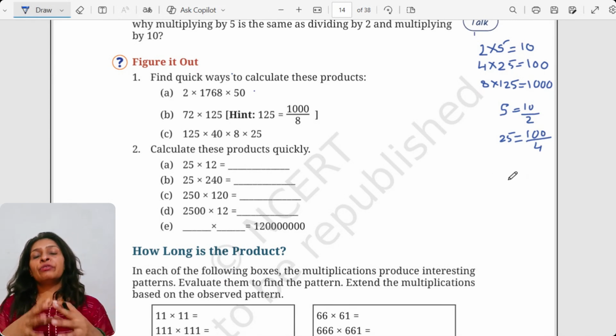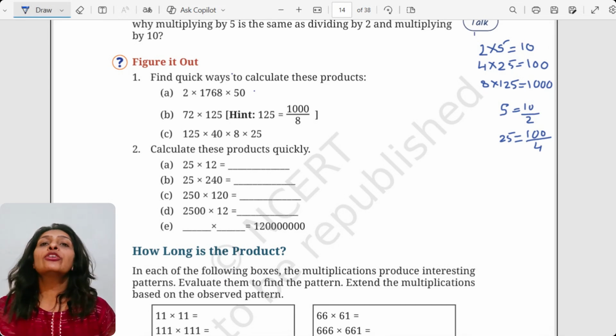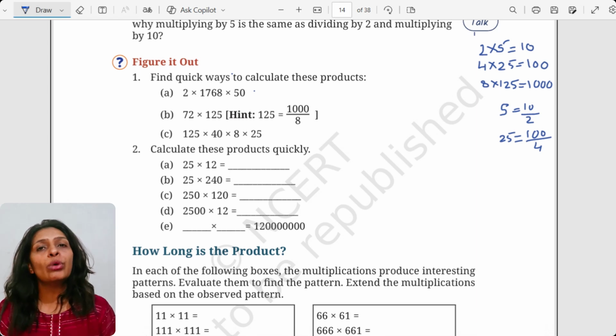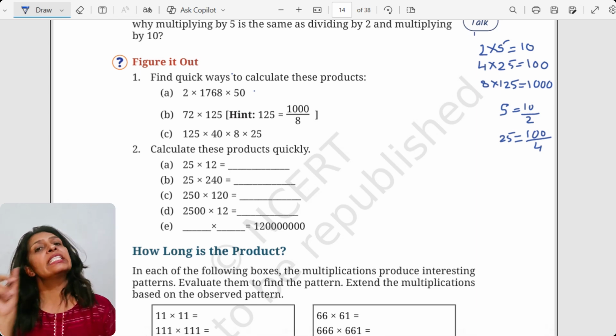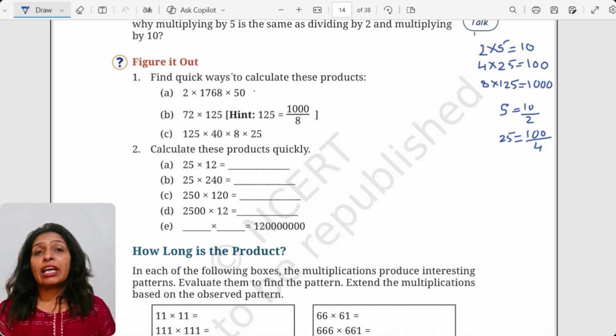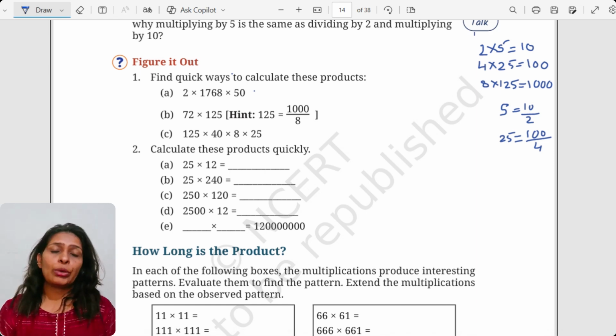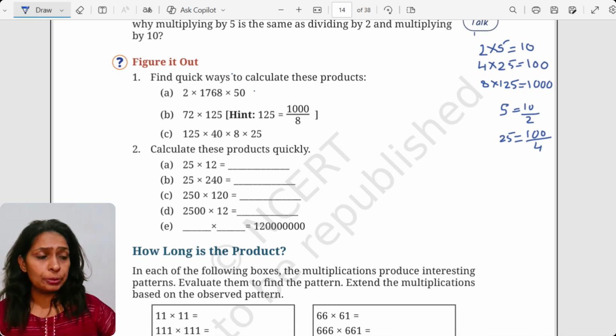Similarly, in a product of many numbers, if I have 2 and 5, I will not multiply in order. I can simply multiply 2 and 5, maybe 2 and 50, 2 and 500, or 4 and 25, accordingly, whatever is given to us. Okay, so with this reference, let's begin with the question.